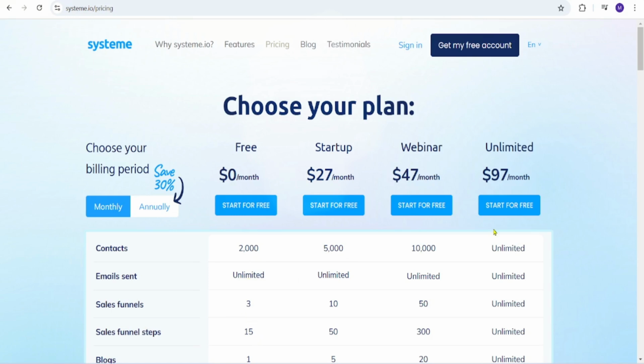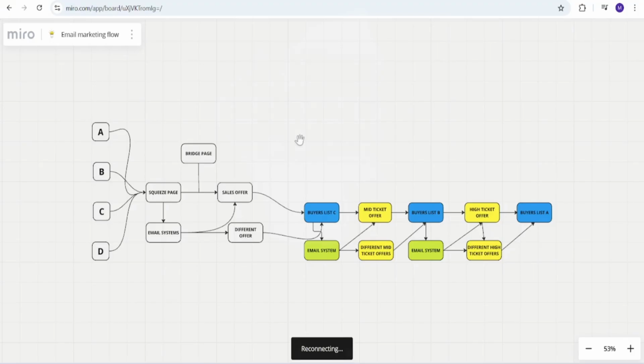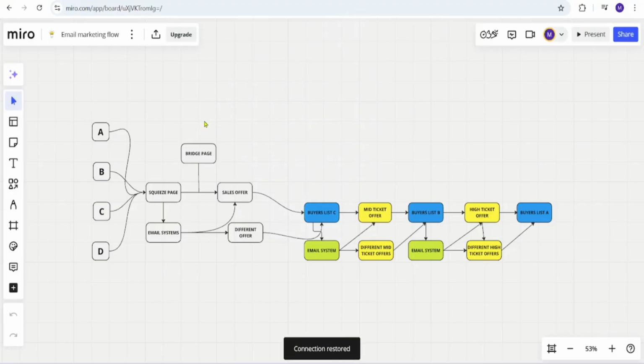Now, you might be thinking that even after having all these contacts, unlimited emails to be sent and 3 sales funnels, why can't I do proper email marketing using solo ads? The real reason behind this is, if you remember one of the videos where I have shared the affiliate marketing strategy, this screen over here where I have shared the entire affiliate marketing strategy